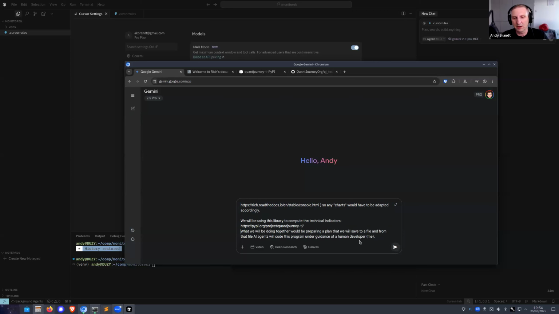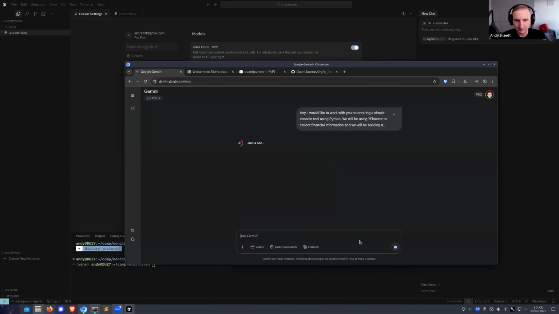And we'll be also using Jakub's excellent QuantJourney TI library, which, by the way, was released as a Python package like yesterday or 2 days ago. So you can just install it with a pip command. And what I want the AI to do with me is prepare a plan, and that plan then will be passed on to the developer. Now, as always in these initial prompts, I always end with, do you have any questions? Because if anything is unclear, I want the model to tell me. So let's send it and let's see what it will respond.